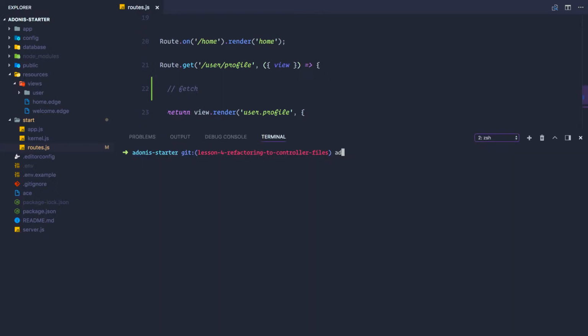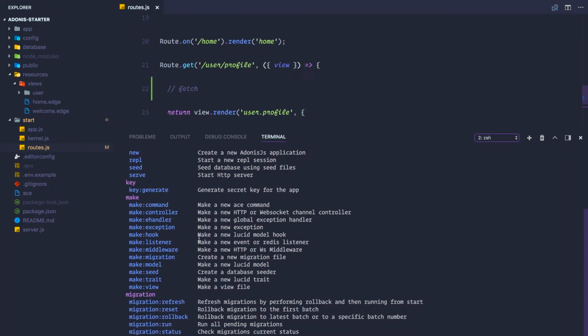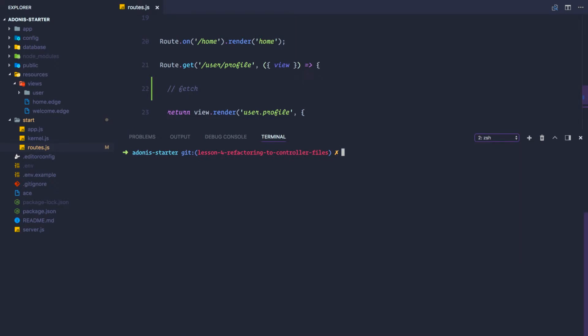We're going to use an Adonis command, and if you want to see a list of all the commands, again, run help, and you can see that we have a make controller command right here that says make a new HTTP or WebSocket channel controller. So in this case, we are handling HTTP requests, so that's what we're going to do. So Adonis make controller, and the name of this controller is going to be to-dos controller. So it's going to ask us if we want HTTP or WebSocket, which is HTTP, and now we have a